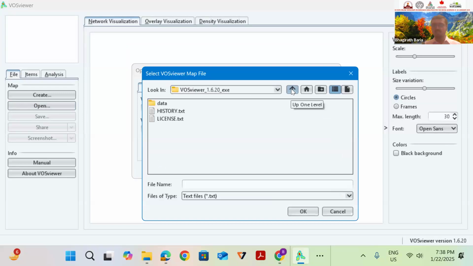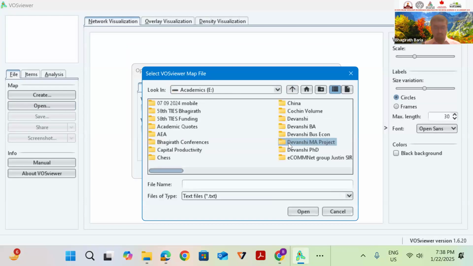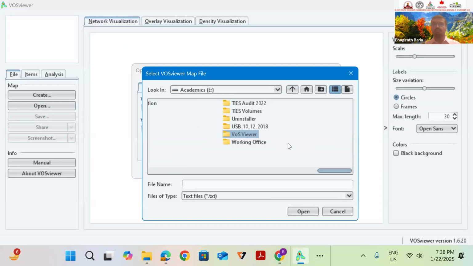So find the folder where you extracted the VOS Viewer. A folder would be created in the main folder wherever you cut and pasted the VOS Viewer. This was the folder where I cut and pasted VOS Viewer, and from this folder, if I double click, another folder will be there, because I extracted the VOS Viewer zip file here. So a new folder is created. Double click on the folder